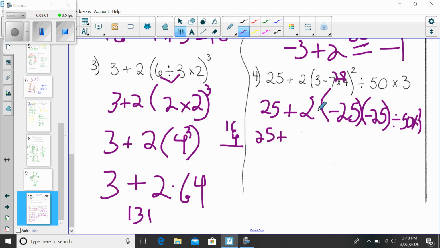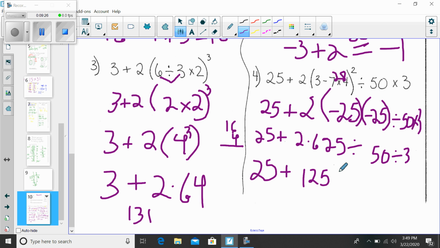And then 2 times, because that would be positive 625. 625 divided by 50 times 3. All right, so 25 plus, so that would be